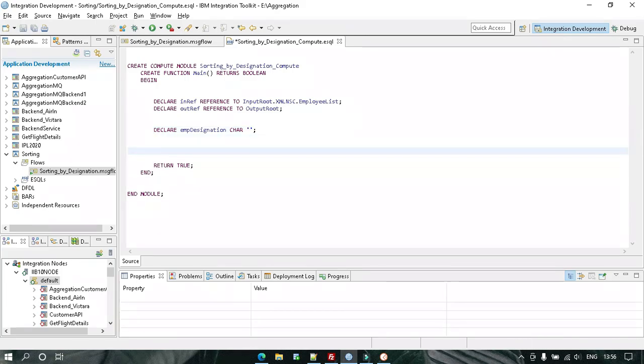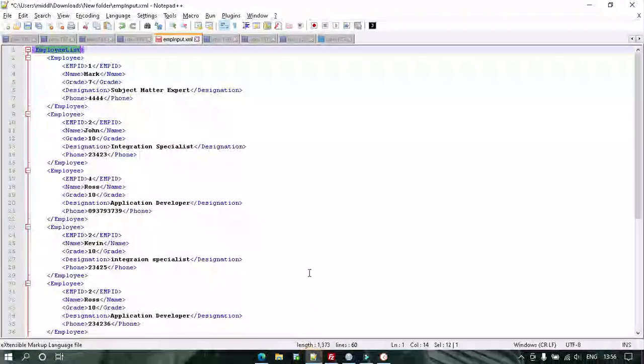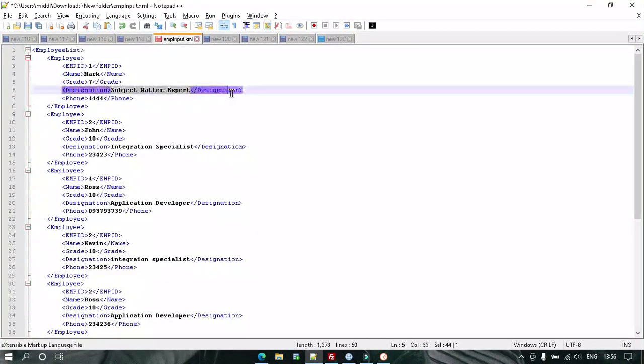What I'll do is loop through this tree, and inside that loop I will have another loop of the same tree, and then it will match the designation. Wherever the designation is matching, we'll create the output root.